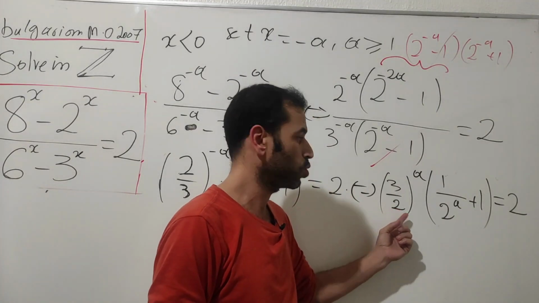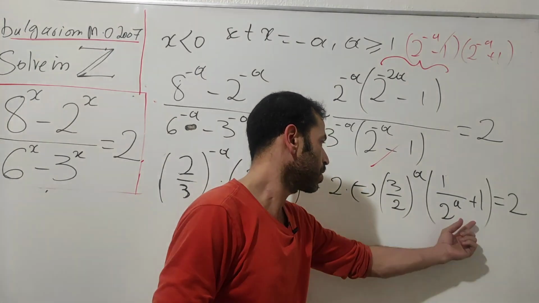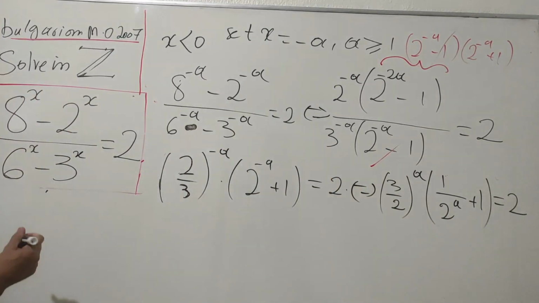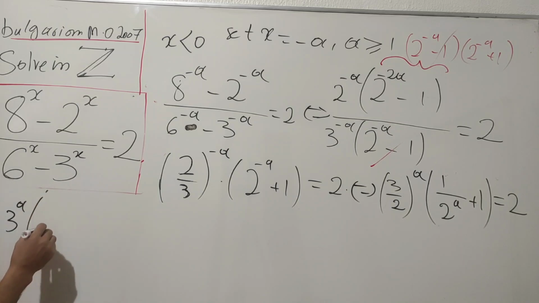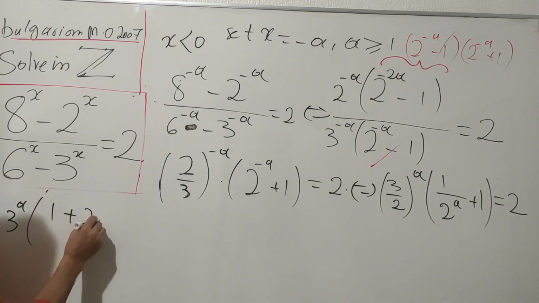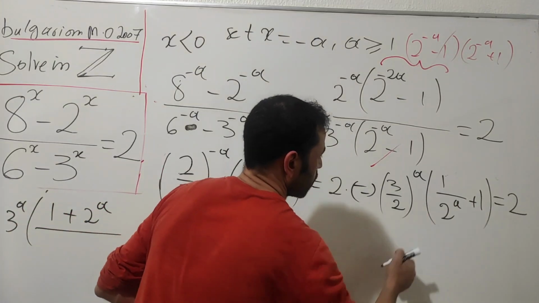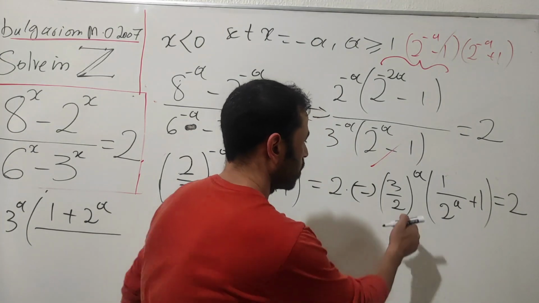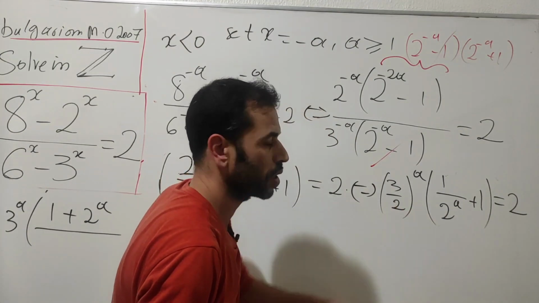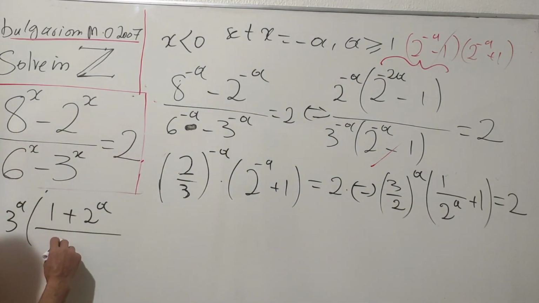I'm going to put this number 2 inside of this one by simplifying this equation more. So I will have the following. I have 3 to the a factor, I will have 1 plus 2 to the a all over, I will have the common denominator 2 to the a. By multiplying these things here, 2 to the a times 2 to the a becomes 2 to the 2a,